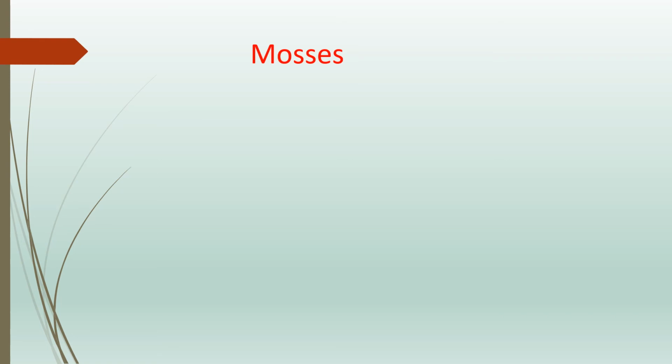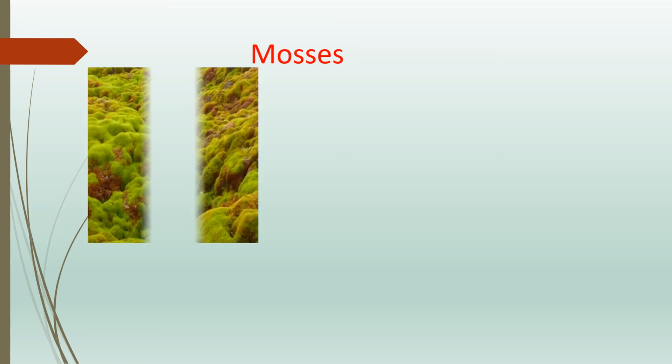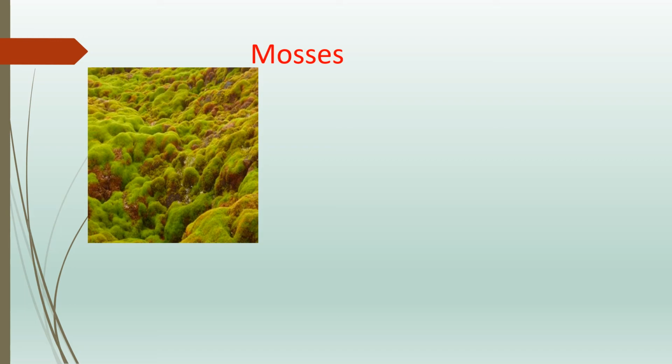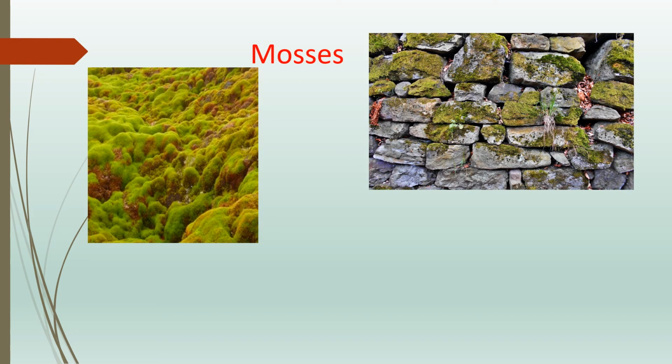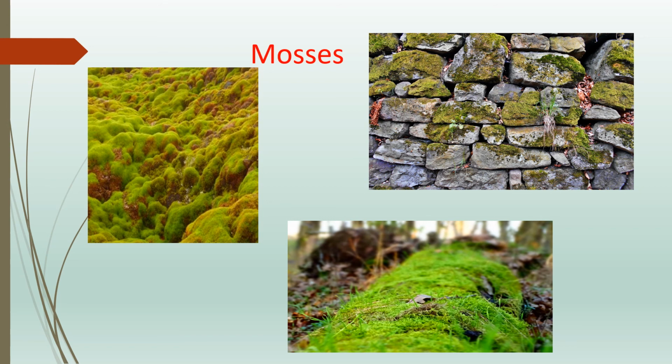Mosses are soft and spongy plants that typically only grow a few inches tall because they don't have typical roots like most plants. They live in damp, shady places. They can grow in many places such as forests, on the walls of buildings, and tree trunks. They need moisture to grow. Moisture means wet places, so they need wet places to grow. You will see them mostly during the rainy season. They cover the soil like a soft carpet and protect it from erosion.